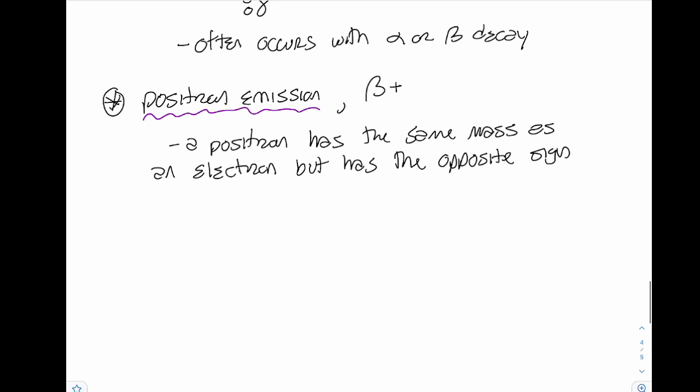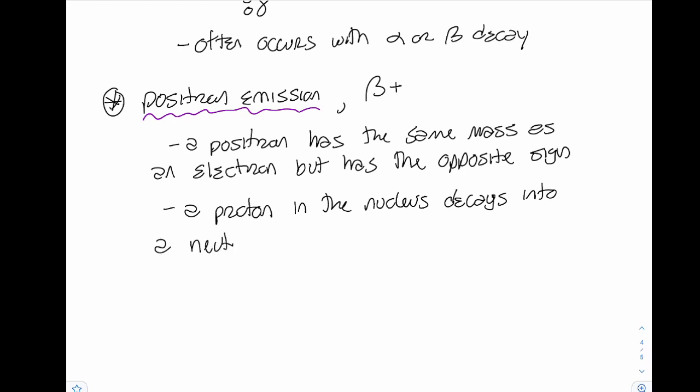And where we're getting this from is one of our protons in our nucleus is actually going to decay into a neutron plus a positron. So a proton in the nucleus decays or is converted, however you want to say it, into a neutron and a positron. And then of course positrons have no business being in the nucleus, so it's ejected. So the positron